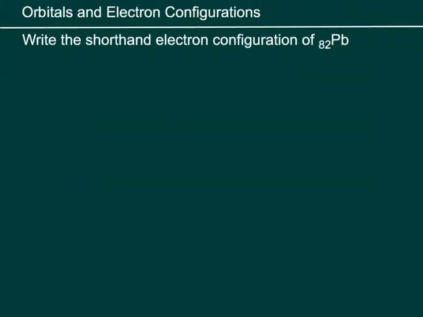Okay, so now we can see we have a slightly more complicated problem because we're going to have to deal with an F block. Write the shorthand electron configuration of lead, which is element atomic number 82. So for the electron configuration of lead, number 82, we look for the last filled noble gas, which in this case is number 54, xenon, on the row above. So it would be xenon in parentheses. And now we're going to have to fill these different states. So first thing we're going to fill here will be the 6s,